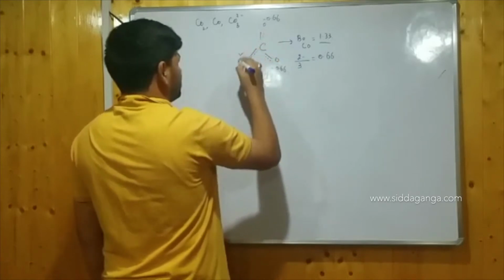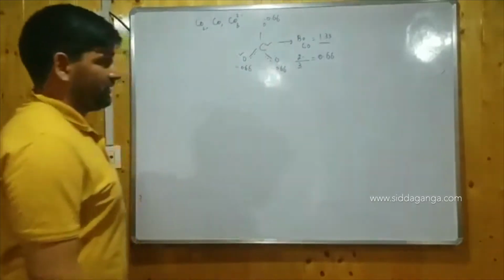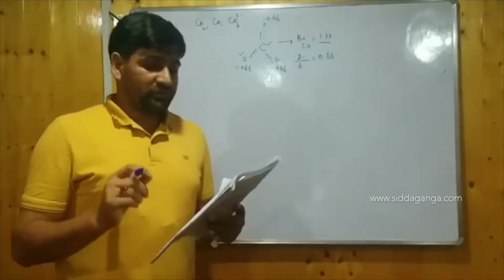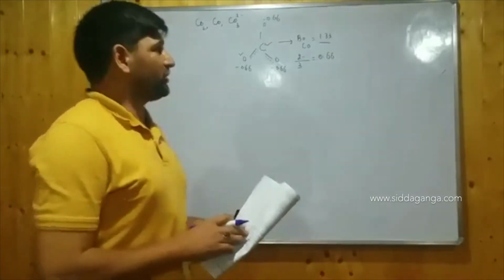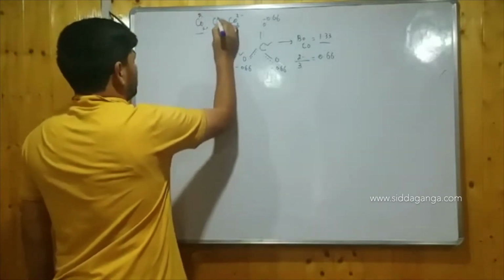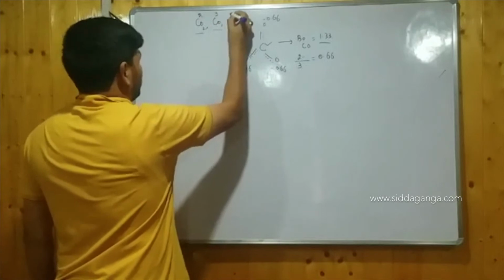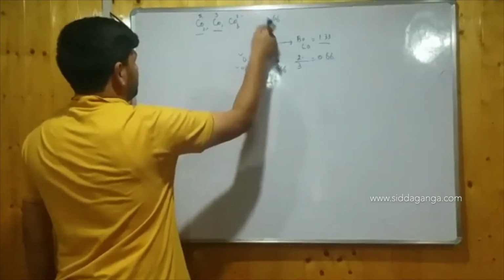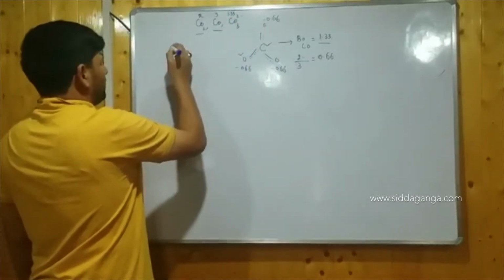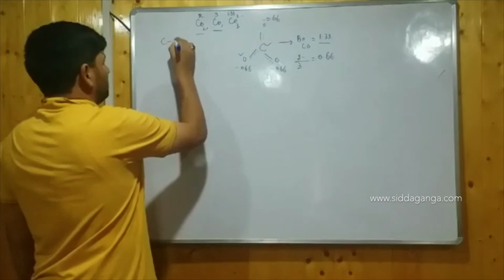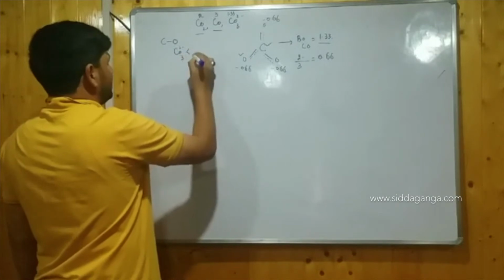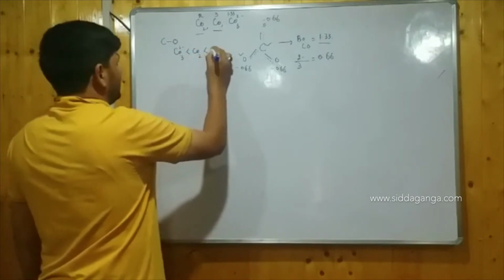So oxygen's divalency is completed and carbon's tetravalency is as well completed. So the question was the correct order of CO bond orders. So what is the correct order of CO bond orders? For CO2 we got 2, for CO we got 3, and for carbonate ion, CO bond order means bonds between carbon and oxygen, is 1.33. So the correct option will be CO bond order CO3 2 minus less than CO2 less than